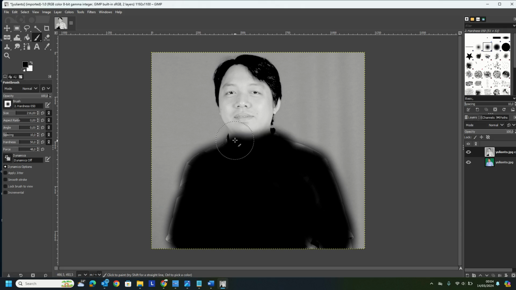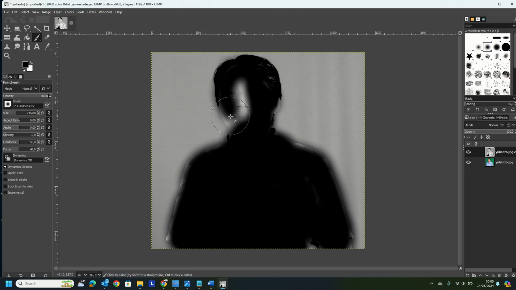Just cover the foreground with the black color because we want to implement the masking method. Okay, I think it is enough.